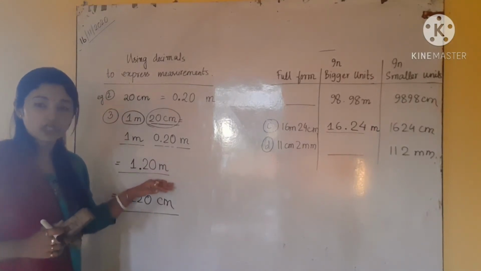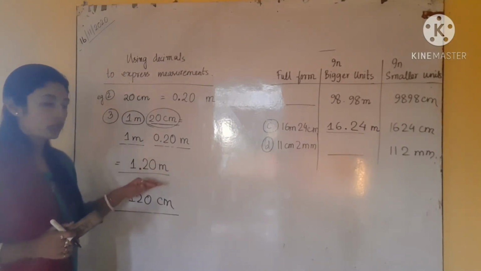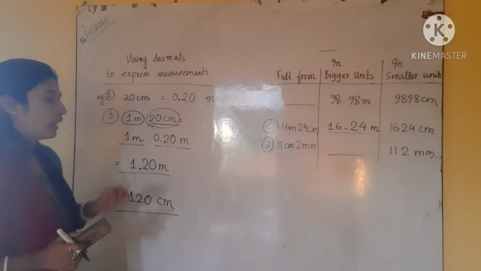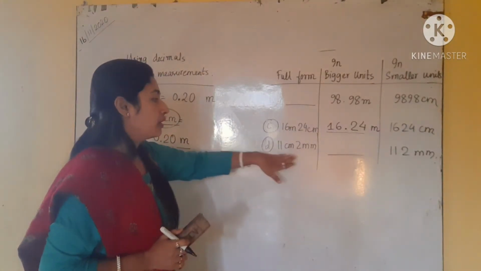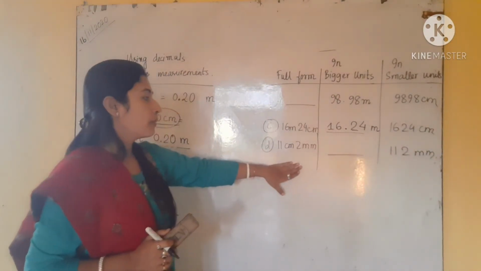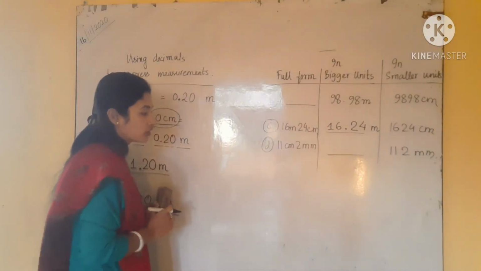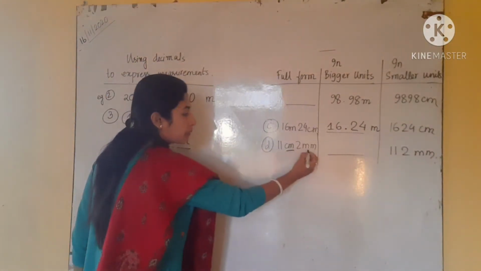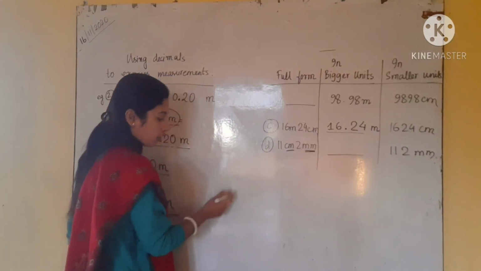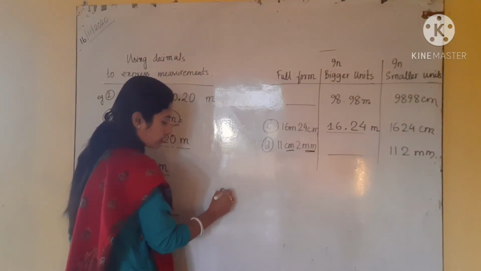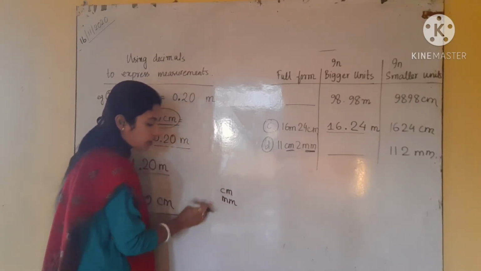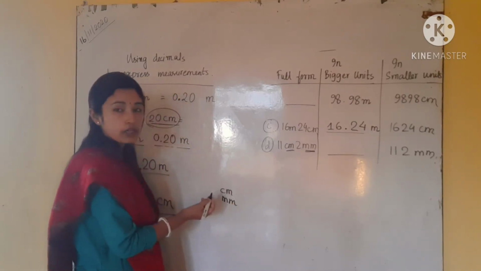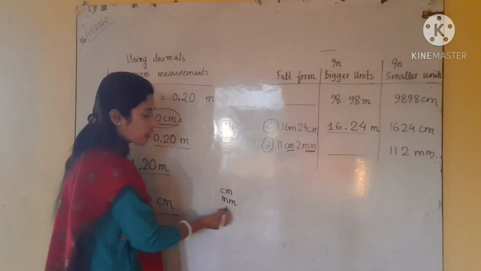Okay, so you have to mention the unit, that is very important. Like this, see number D. Number D also we can do, but there is a small difference because here the unit is centimeter and here it is millimeter. So we can see centimeter, then millimeter. In the chart, the second last one is centimeter and the last one is millimeter.